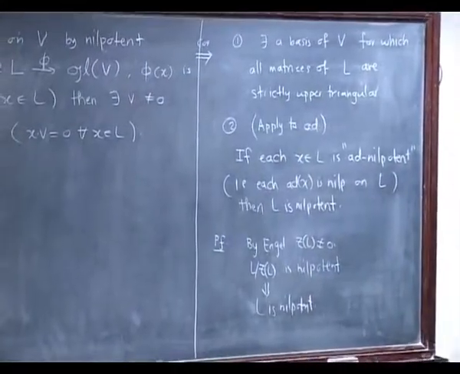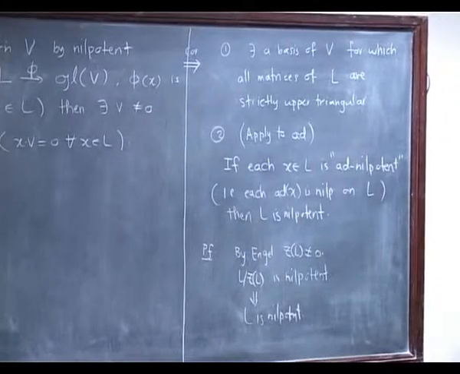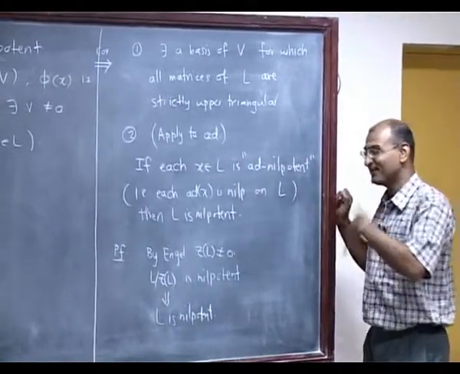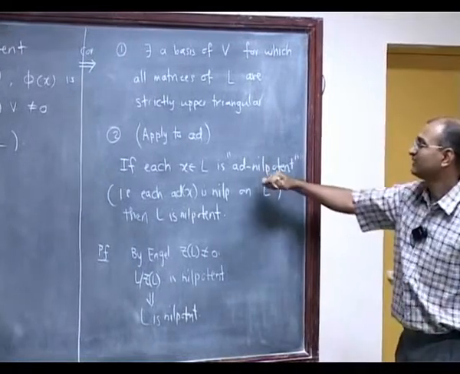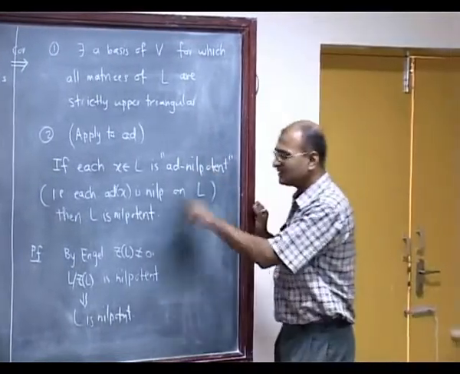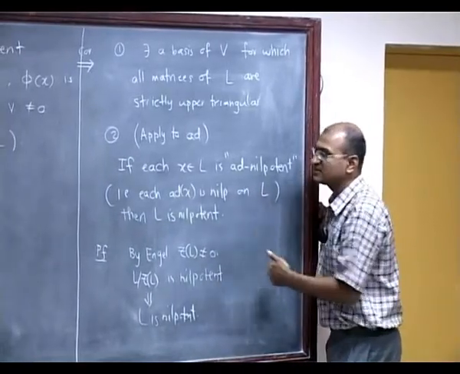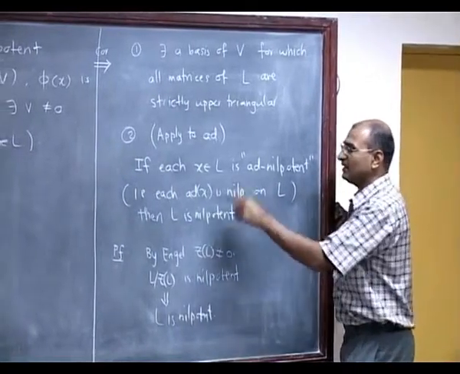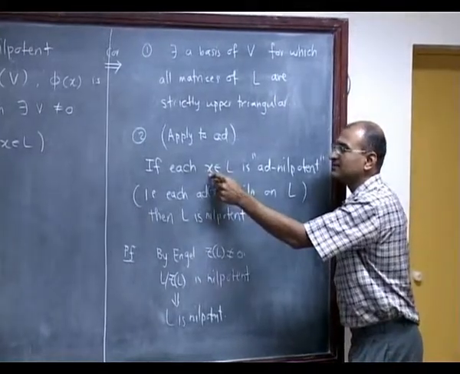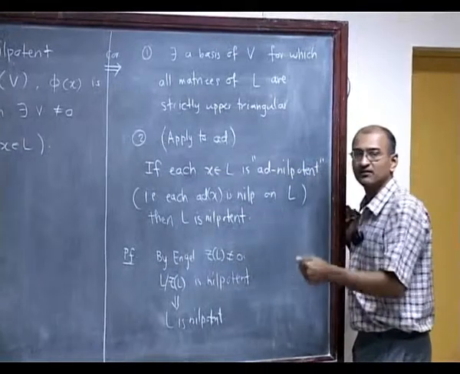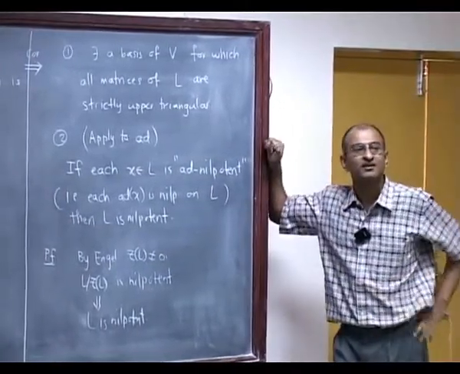So I have a nice criterion for L to be nilpotent, and I will later on connect this whole business with solvability too, which will feed into something very nice. So L is nilpotent, provided... notice that the other way, what is the content of this? Look at the converse of this statement: if L is nilpotent, then every element of X acts nilpotently by the adjoint action. Is that true?